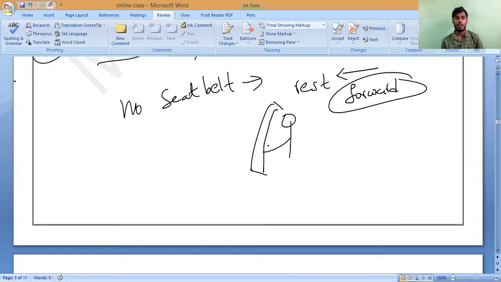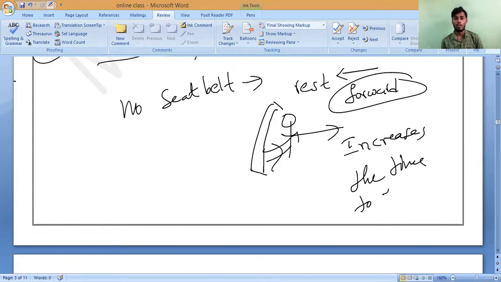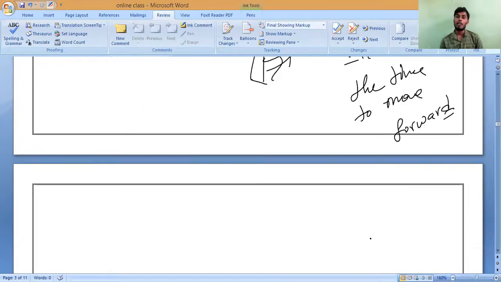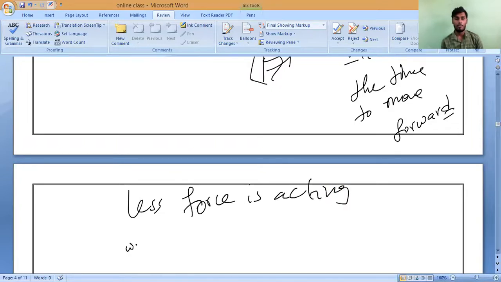the person is sitting here, and the seat belt is like this. So what is happening? It increases the time to move forward. The seat belt increases the time for our body to move forward, so the rate of change of momentum is reduced, and so less force is acting on our body,